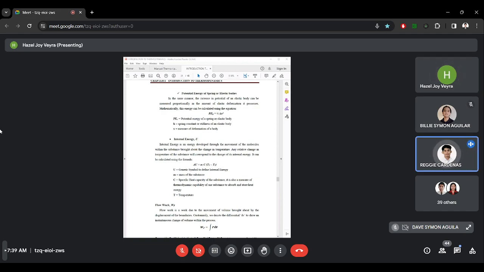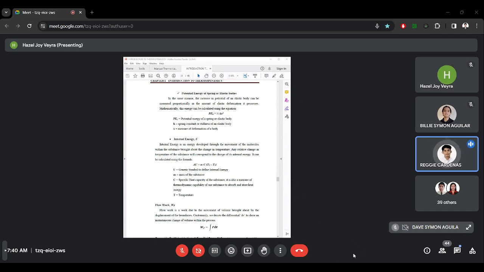Internal energy is an energy developed through the movement of the molecules within the substance, brought about by a change in temperature. Any relative change in temperature of the substance will correspond to the change of its internal energy. It can be calculated using the formula